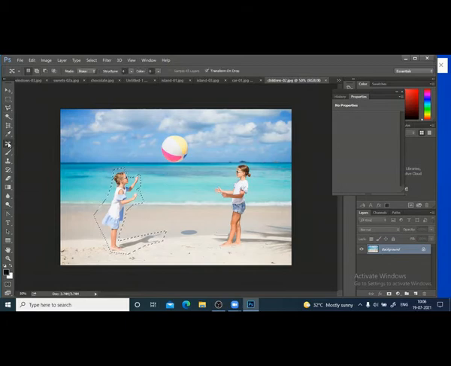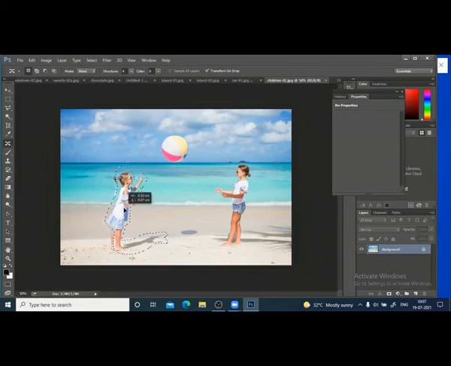Either I can use our marquee tools there or Control D to remove. I can use from here itself content aware. I selected. Now I'm in the content mode and I'm in the move mode.